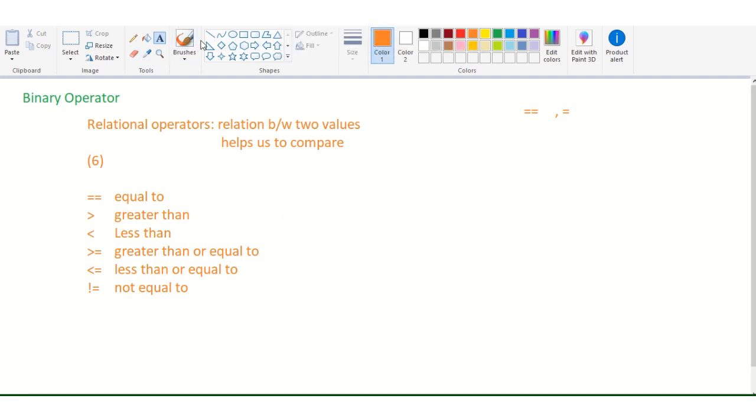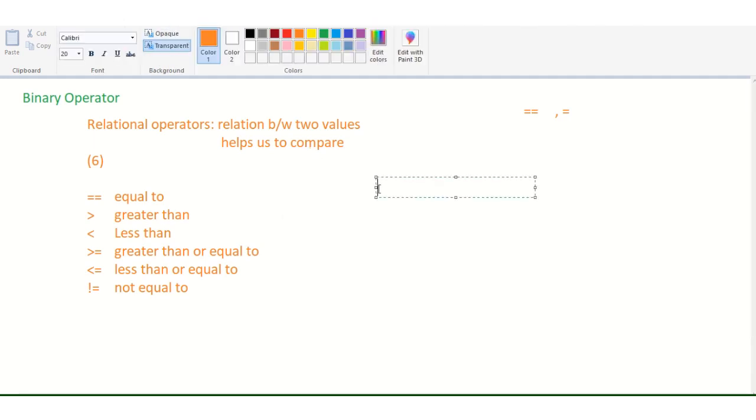Like for example, if A has a value 5 and B has a value 4, and I write A is less than B, then what will be the output?